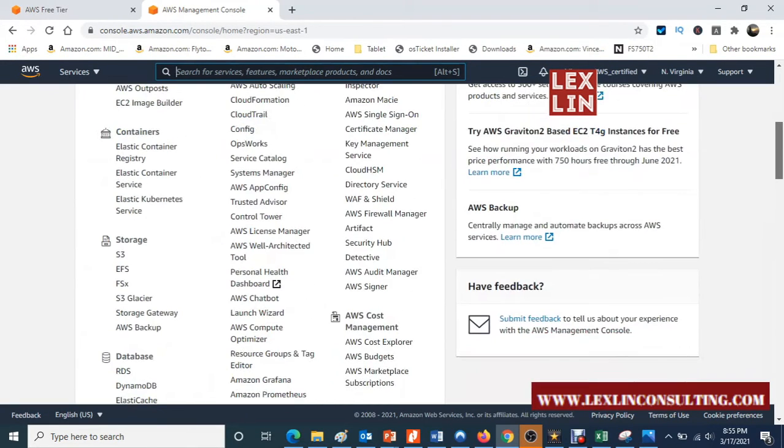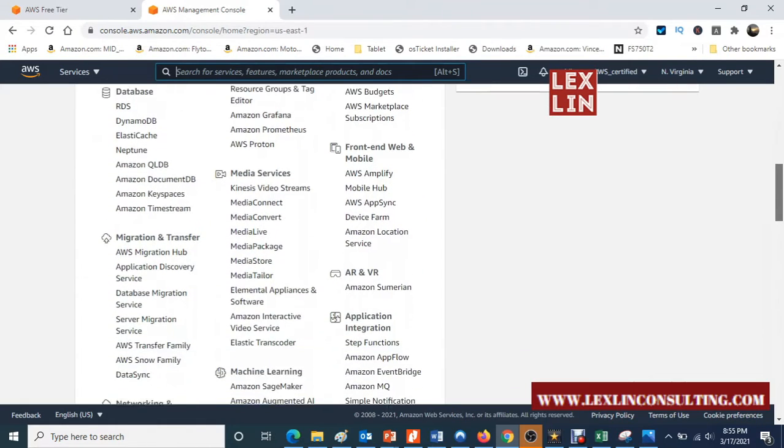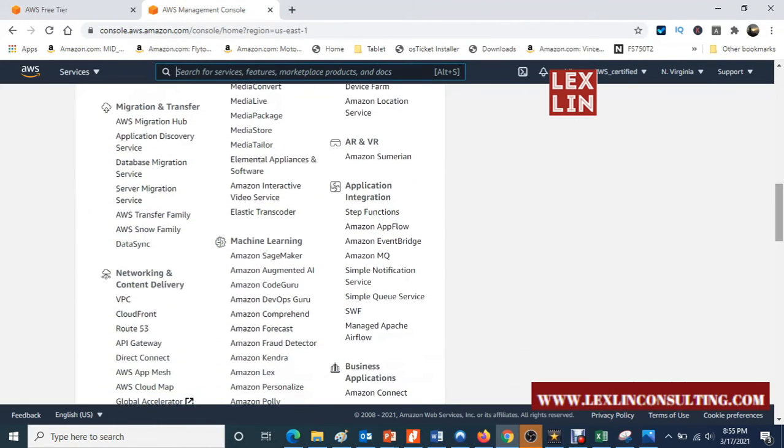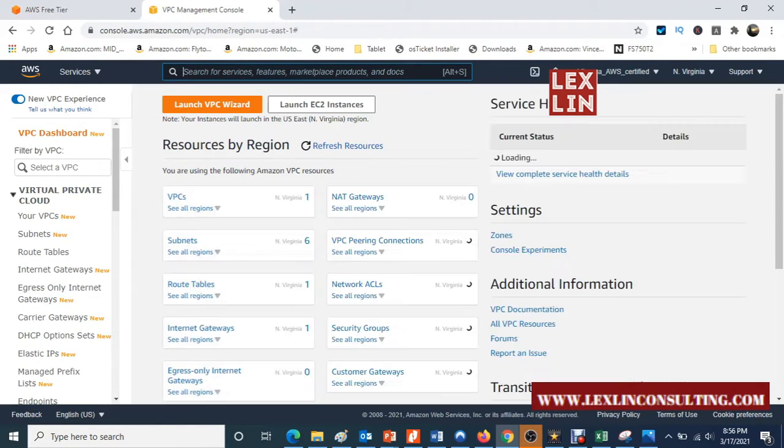The other things that we can talk about here are, of course, your VPC. This is pretty important. VPC is basically your network, your virtual private network. You're going to create your NAT gateways, your subnets, your route tables, your security groups, and your internet gateways to control traffic.